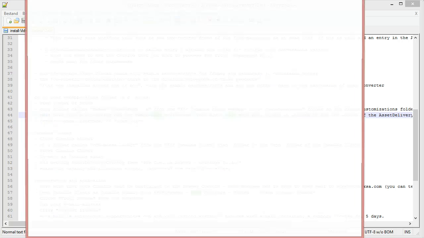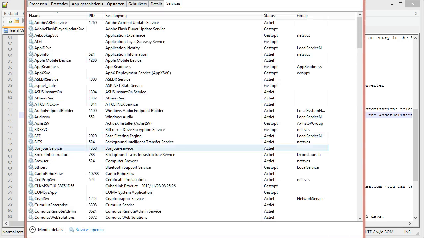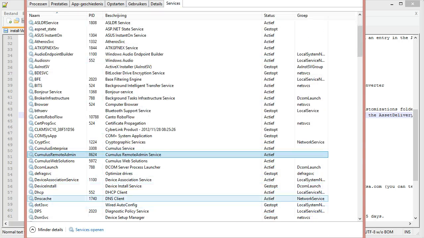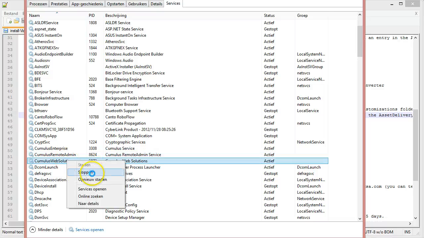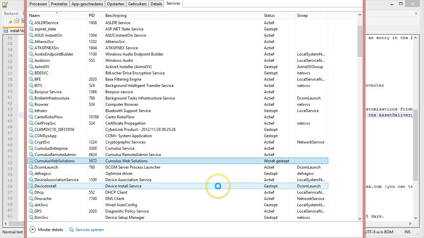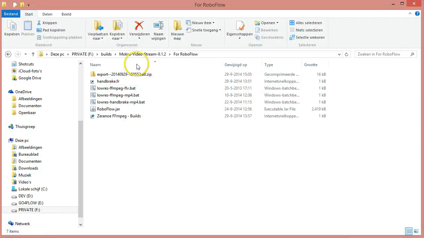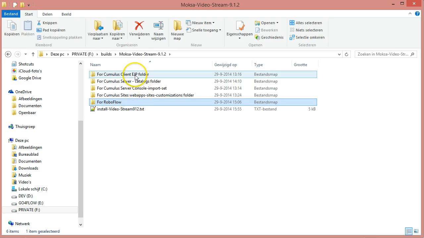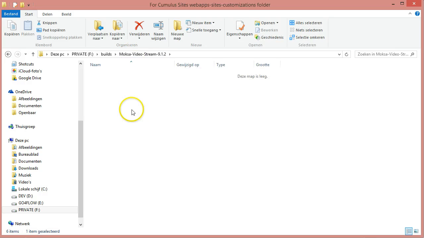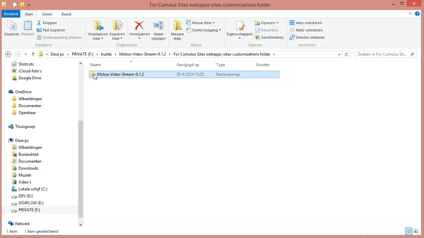So let's stop my Cumulus Web Solutions for a moment. Let's go to the Roboflow folder, and here we have the sites folder, this one, Ctrl+C, and then we can go to